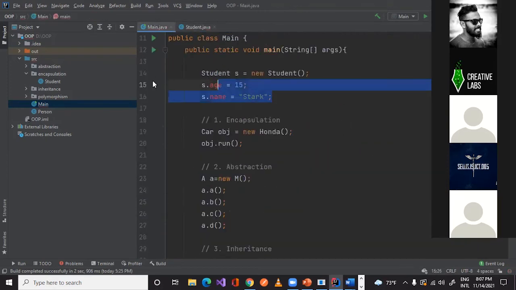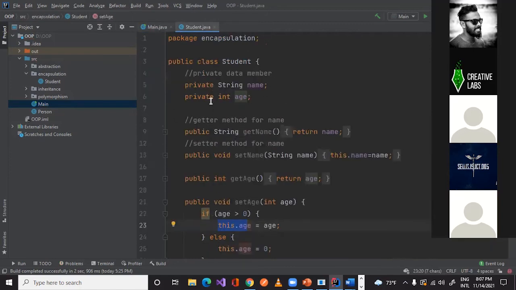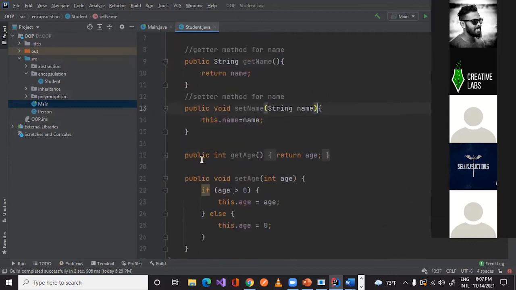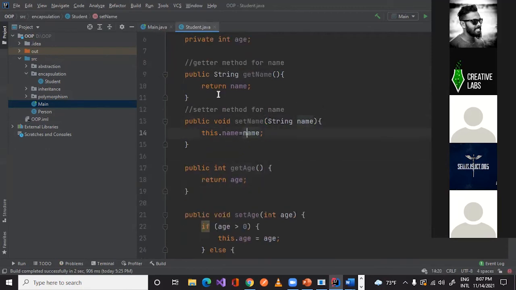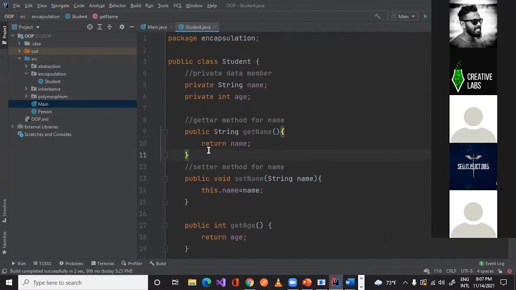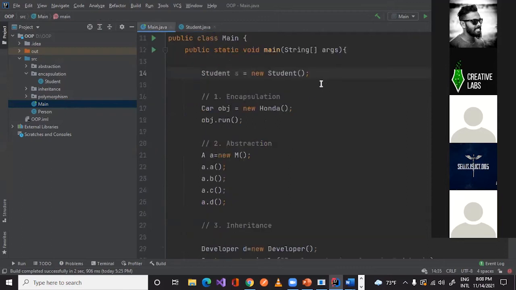So the only way to modify this data member is to use these functions, the setter function and the getter function. The setter function is to set or modify the data. The getter function is to get the data. Clear? Yes, sir.